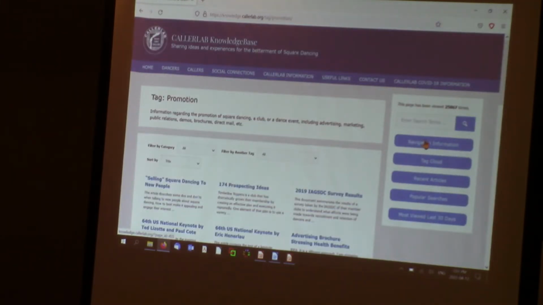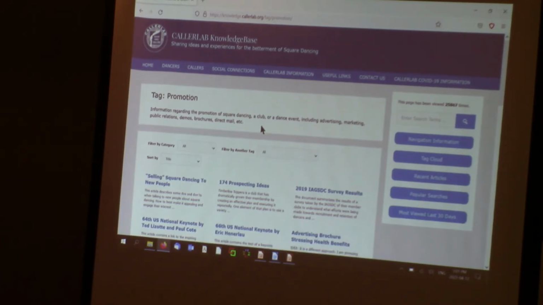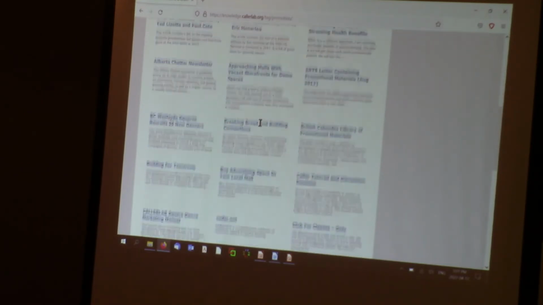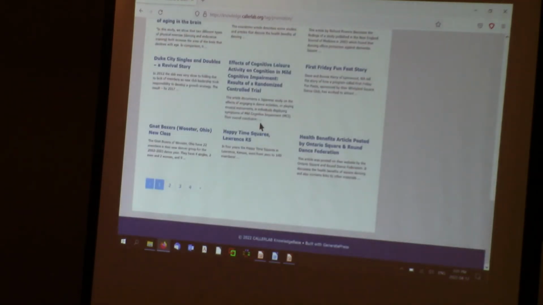you get a page that has all the articles that have that tag on them. And at the top of that page, it describes what this tag means, in case you weren't really sure. Sometimes the words are not as descriptive as I'd like them to be. And this page has an area at the top here that allows you to filter the articles even more. So if you scroll down, you can see there's a lot of articles. And what you're looking at there is just the title and a little précis of the article. And you can see there's 4 continuation pages. We've got so many of them.